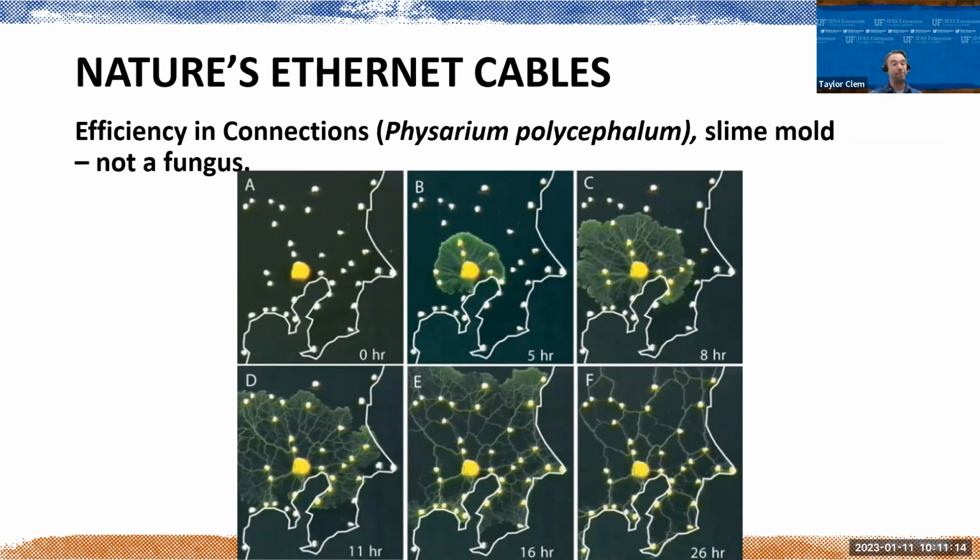So what we can see is this slime mold, it's like, I need to find something that I can consume, and it begins to grow outwards. And you can see it has this initiation phase where it spreads until it finds a food source. It locks onto it and then starts to kill off everything that's not finding that food source. And at the end of it, after 26 hours, there is actually a slime mold network of what is considered the most efficient connection of all of these dots.